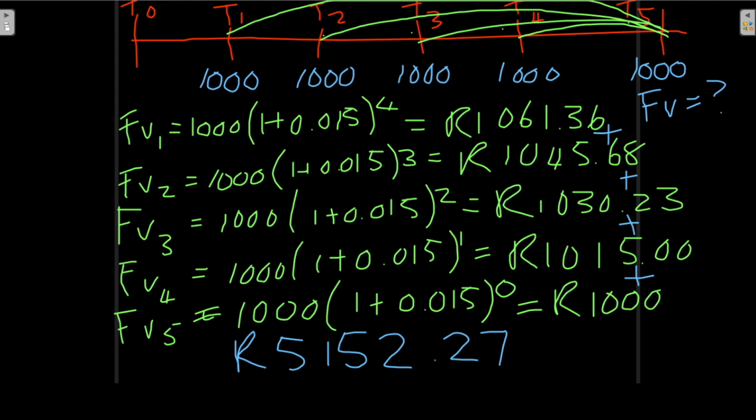Now, you will remember our geometric series, and again, you won't be examined on this, but I think it's very useful to understand where the formula for the future value of an annuity comes from. So remember that my geometric series is of the following form. And we say that the sum of the first n terms